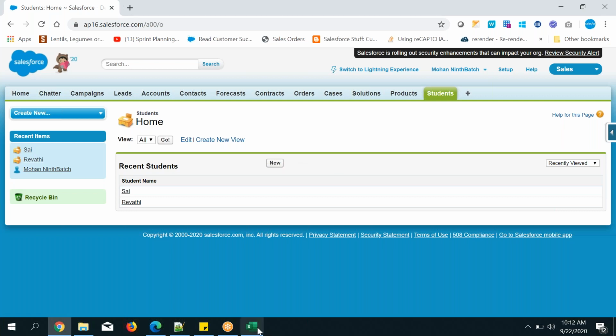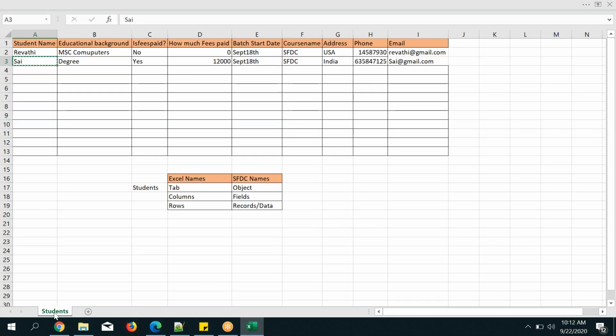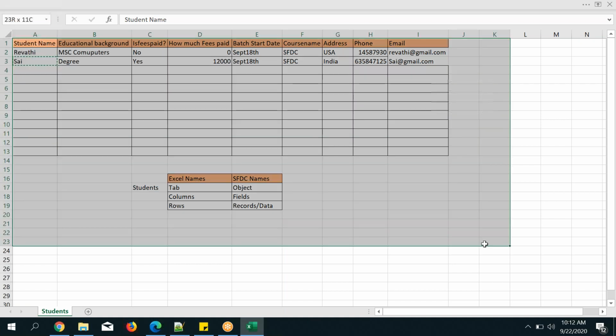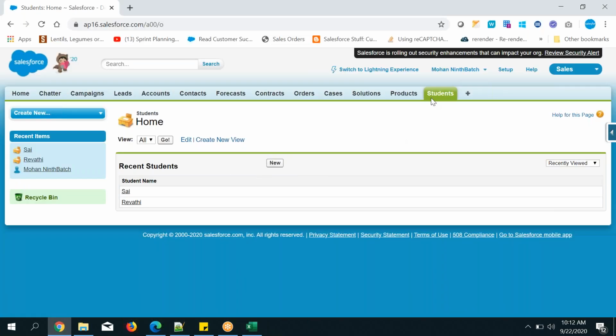Suppose you don't have an object, think in this way, here I said tab. If you don't have a tab, can you create all this or not? Tell me. No, right? If it is not there, you can't create it. That means if an object is not there, you can't create a tab, you can't create records, you can't create a field. So an object is used to store the data, and with the help of an object we can create all the fields. Data about data is nothing but an object. Generally SQL people, in that language, call data about data metadata, right?